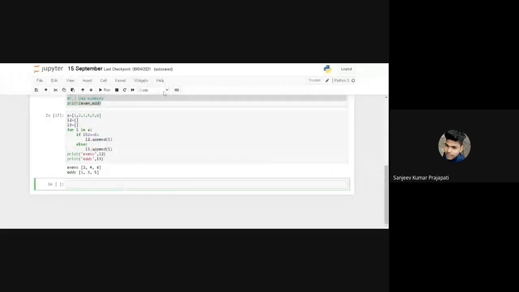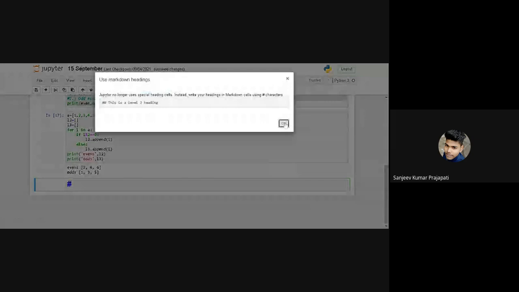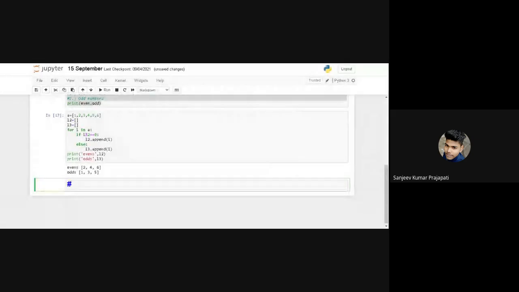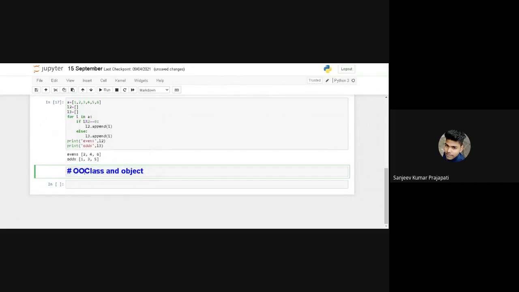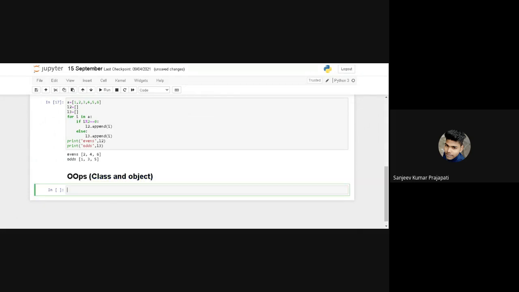Okay. So I'm starting the next topic: classes and objects. OOPs stands for object-oriented programming, and it is a user-defined data type, for example, like int, float, and string as well as boolean.